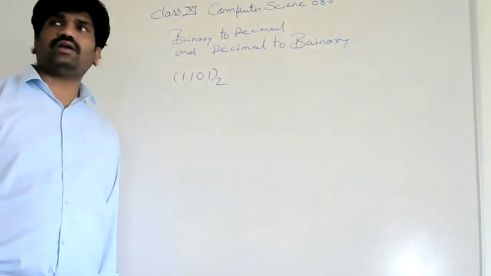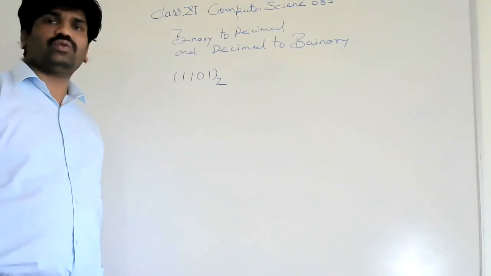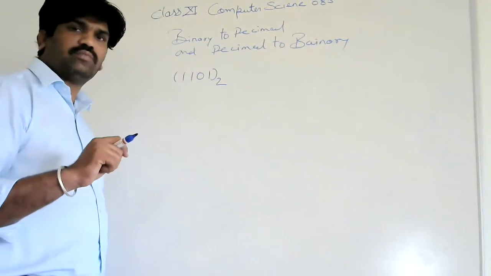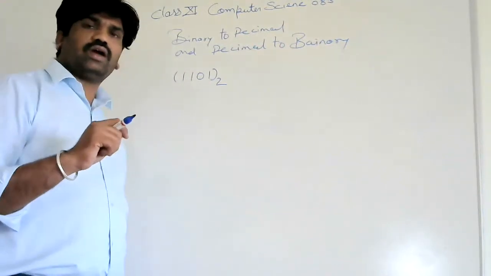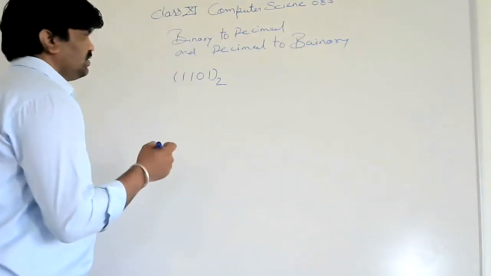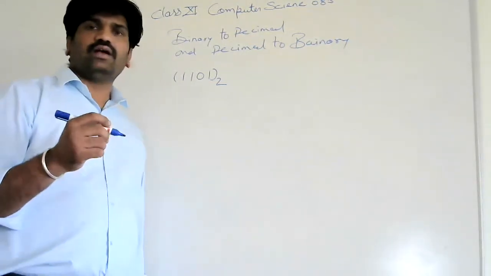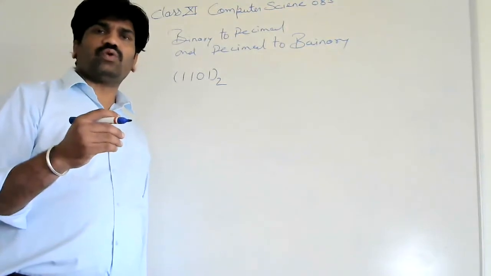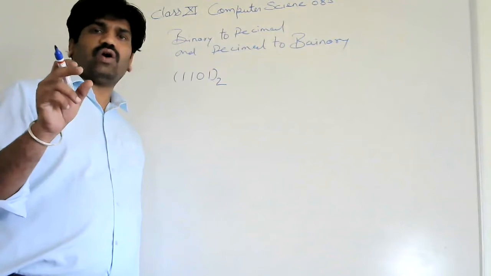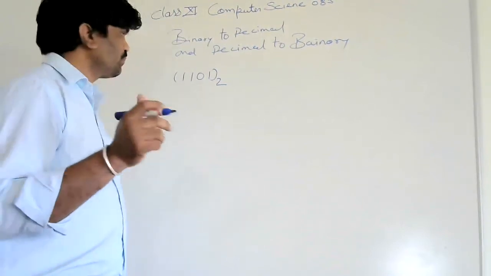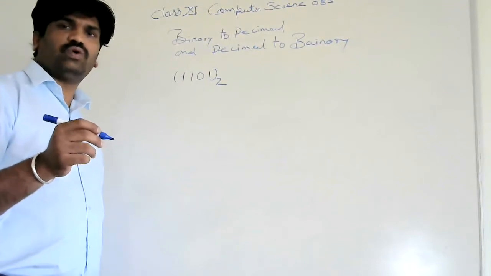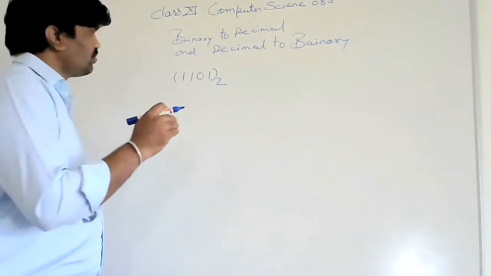How can we convert this binary number into decimal? To convert a binary number into a decimal number, first we have to multiply each digit with 2. हर डिजिट को 2 के साथ मल्टीप्लाई करना पड़ेगा. After that we have to put the arithmetical addition symbol between all these multiplications and put the power from the back side in increasing order from 0 to whatever the top level is.